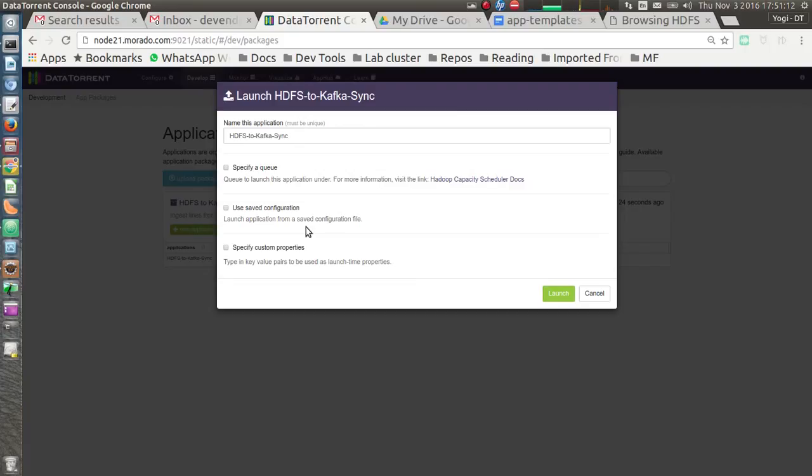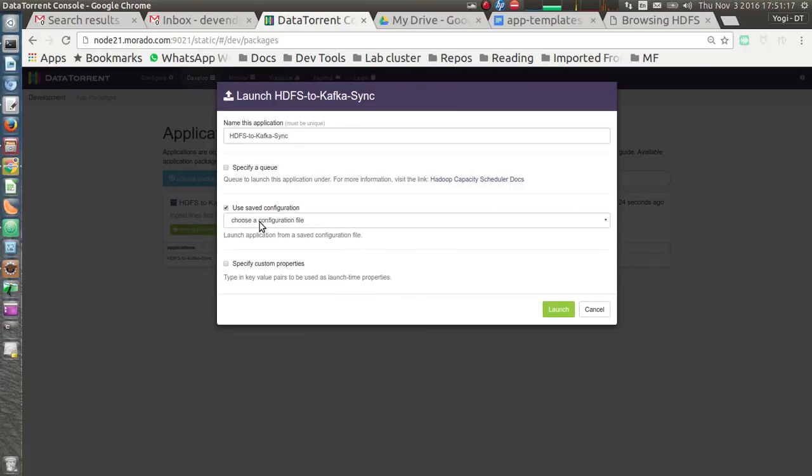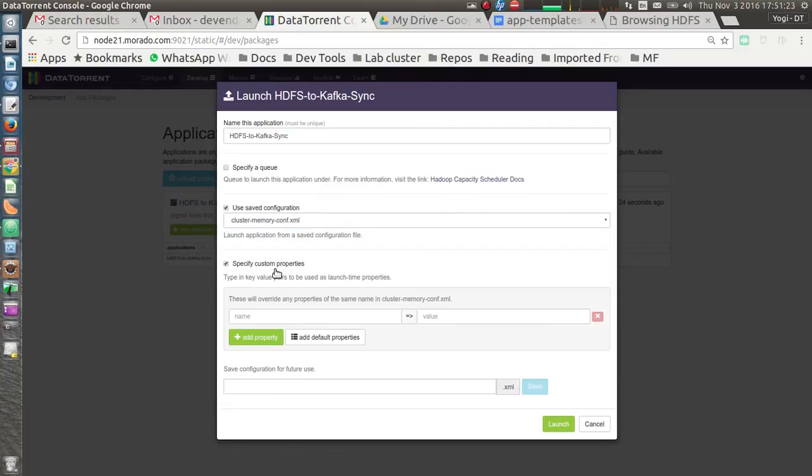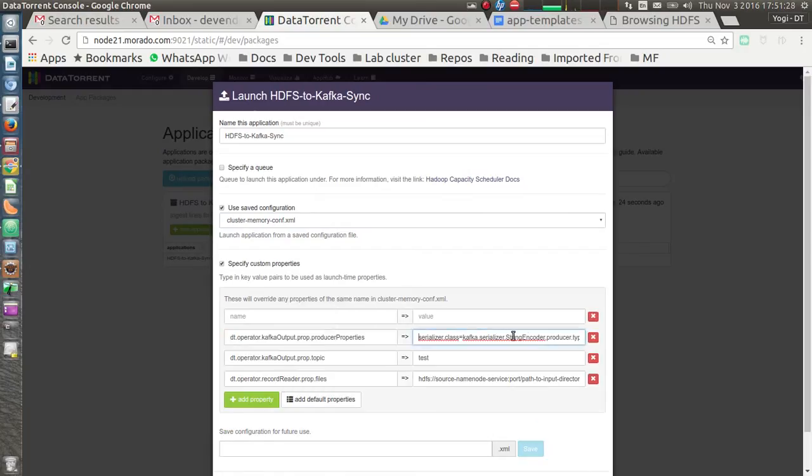Now I click on launch. Again we repeat the same steps as in basic video. So I'm selecting cluster memory configuration, insert configuration, and for custom properties, now we have serializer class, which is string encoder instead of default encoder, and my broker is on node 17 from my cluster.